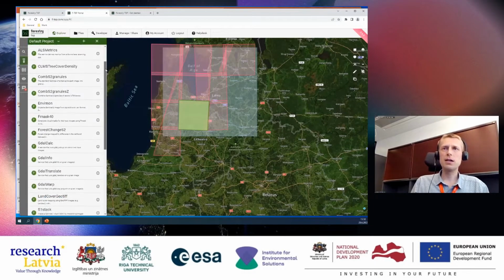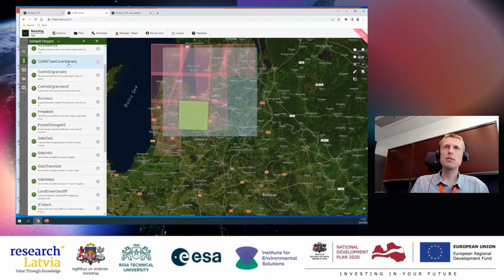And like I said, there are different types of services. We will have a closer look later, for example, at this tree cover density service. Then there is Envimon, which is a pre-processing tool for satellite data.